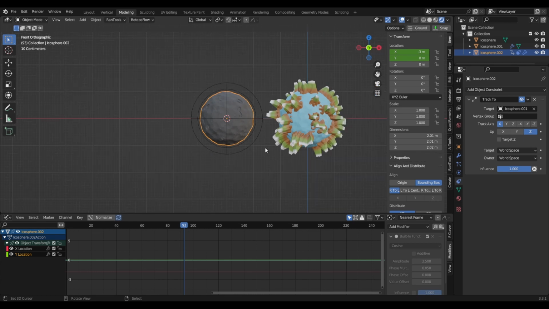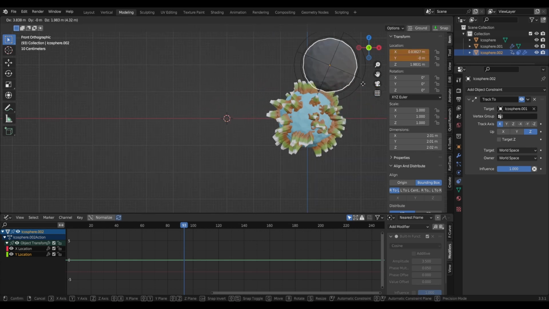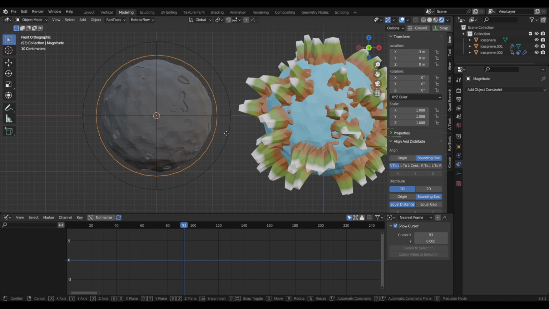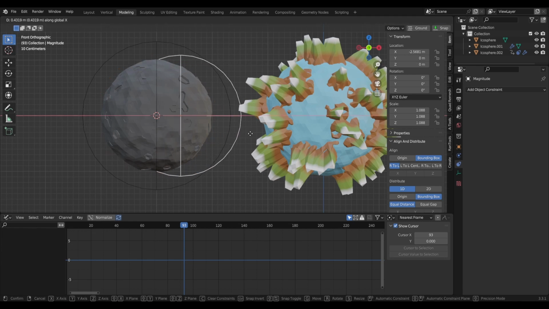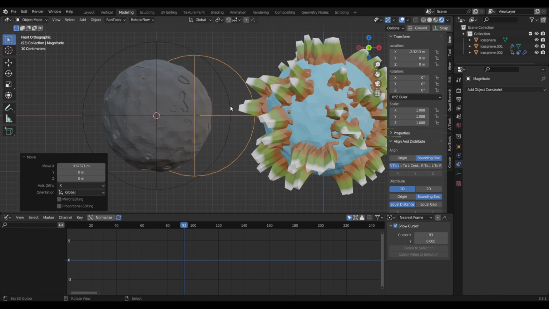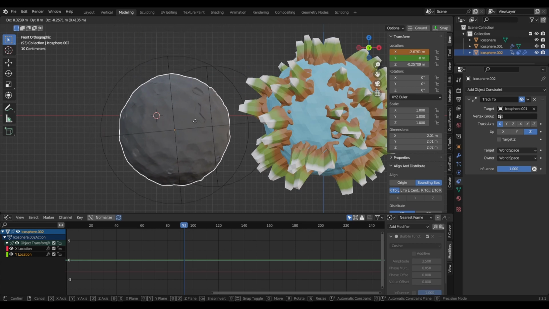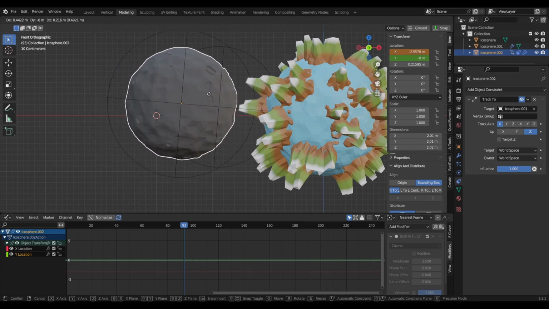So now wherever this moon is, those empties will follow, and also the moon will point towards the planet. And that's pretty much how moons work anyway, or that's how our moon works, kind of. It's always facing the Earth. So what we need to do is take both of these and grab them on the x-axis and shift them a little bit closer to Earth. Now we're going to have to twiddle around with these a little bit. If you watch, it's always pointing towards the Earth, and that's kind of important that these empty objects are facing,